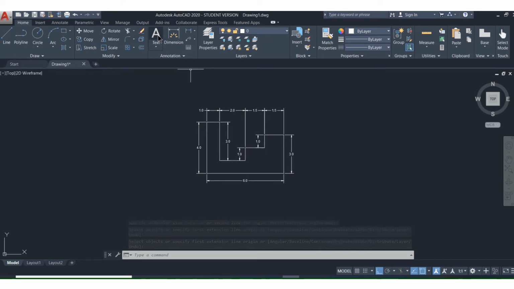We also want to put our name on there, so go up to text. We need a text box. You always put your information, your name, the part number, the part name, etc., on the lower right hand corner. So just